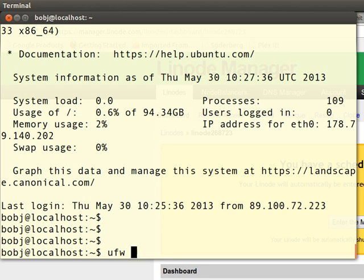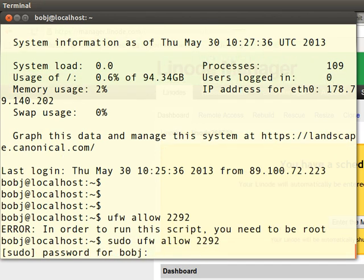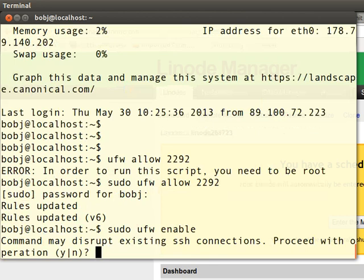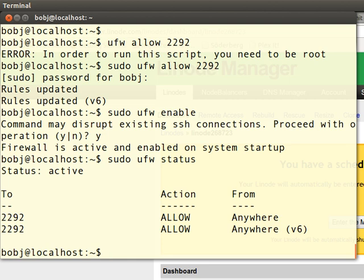which is the Ubuntu firewall. I want to allow connections on port 2292, and then enable the firewall. At this point, with the firewall running, which is allowing connection to port 2292, nothing else can get into this machine except for a connection on that port